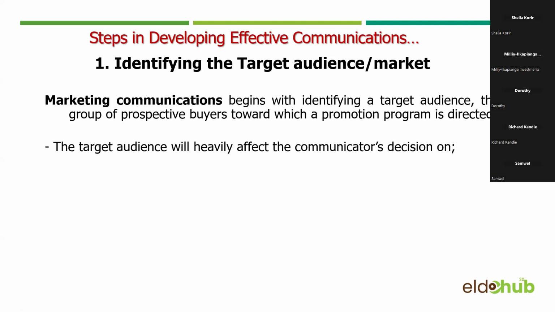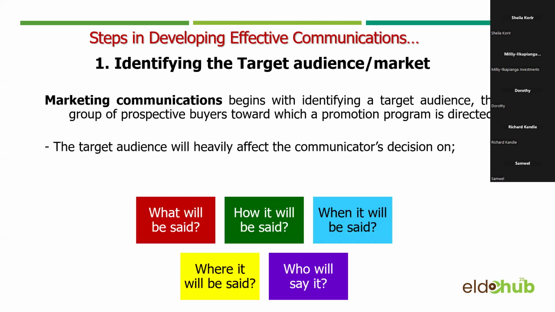The target audience will heavily affect your decision on what will be said, how it will be said, when it will be said, and who will say it. Like for example, that Get Hooked campaign, they were targeting the young people. So they were looking for people prominent with young people, or young people in the bash, at parties, young people in the universities, young people out in the field. So they were going to record those people because they knew young people resonate with their age mates.